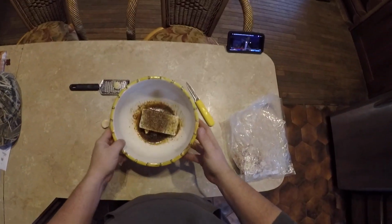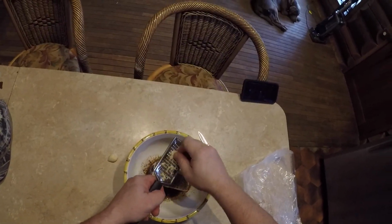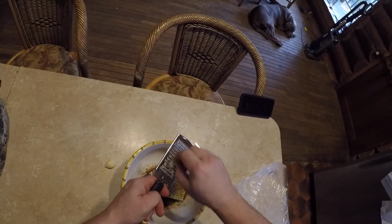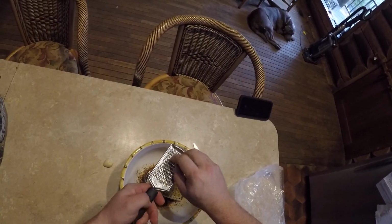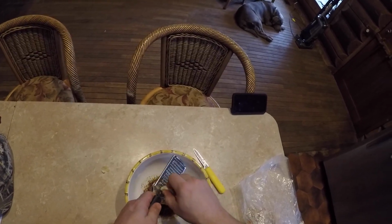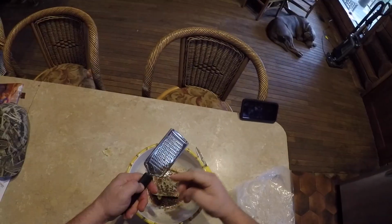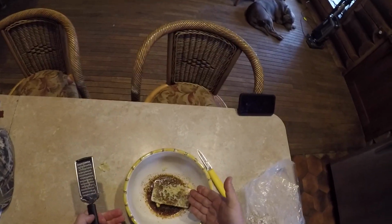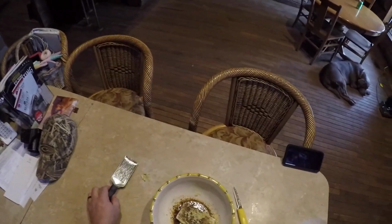All right guys, so the crab's ready to be added, garlic's ready to be added. Gonna take the cheese grater and just grate this garlic. I do have a garlic press, but I just prefer to use the cheese grater. So I'm gonna be putting 2 of them in here. So you just take and grate that down. I know some people are gonna think that's a lot of garlic, but I love garlic, so I will eat that, no problem. So garlic's added,